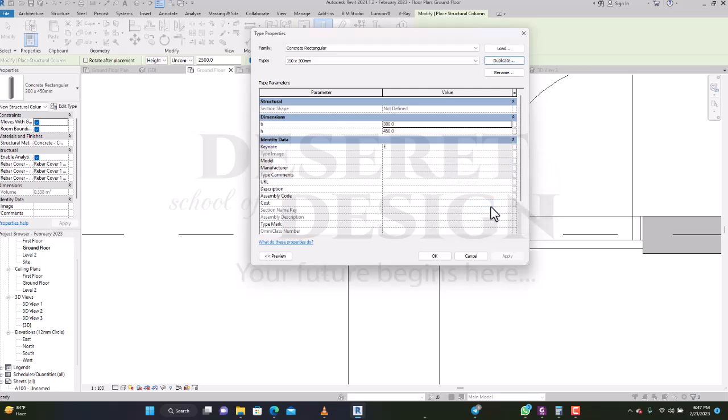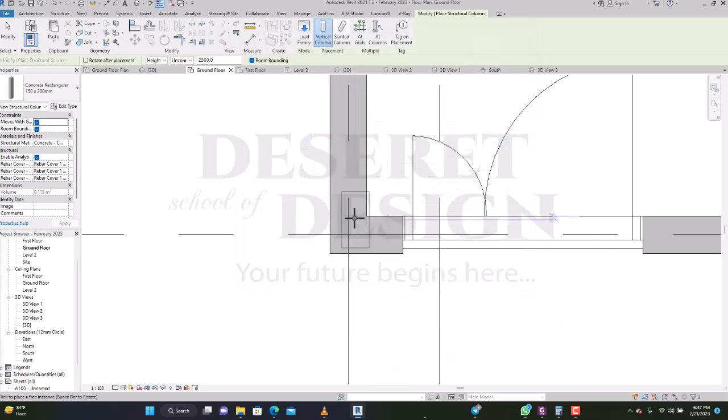I'll click on OK, then I'll edit the dimension, 150 by 300. Now when I click, I have created a column with this size, 150 by 300 column. Okay, now I want to place this column in my model. Now to place this column in your model, what I'm going to do is show the detailed view of my walls,